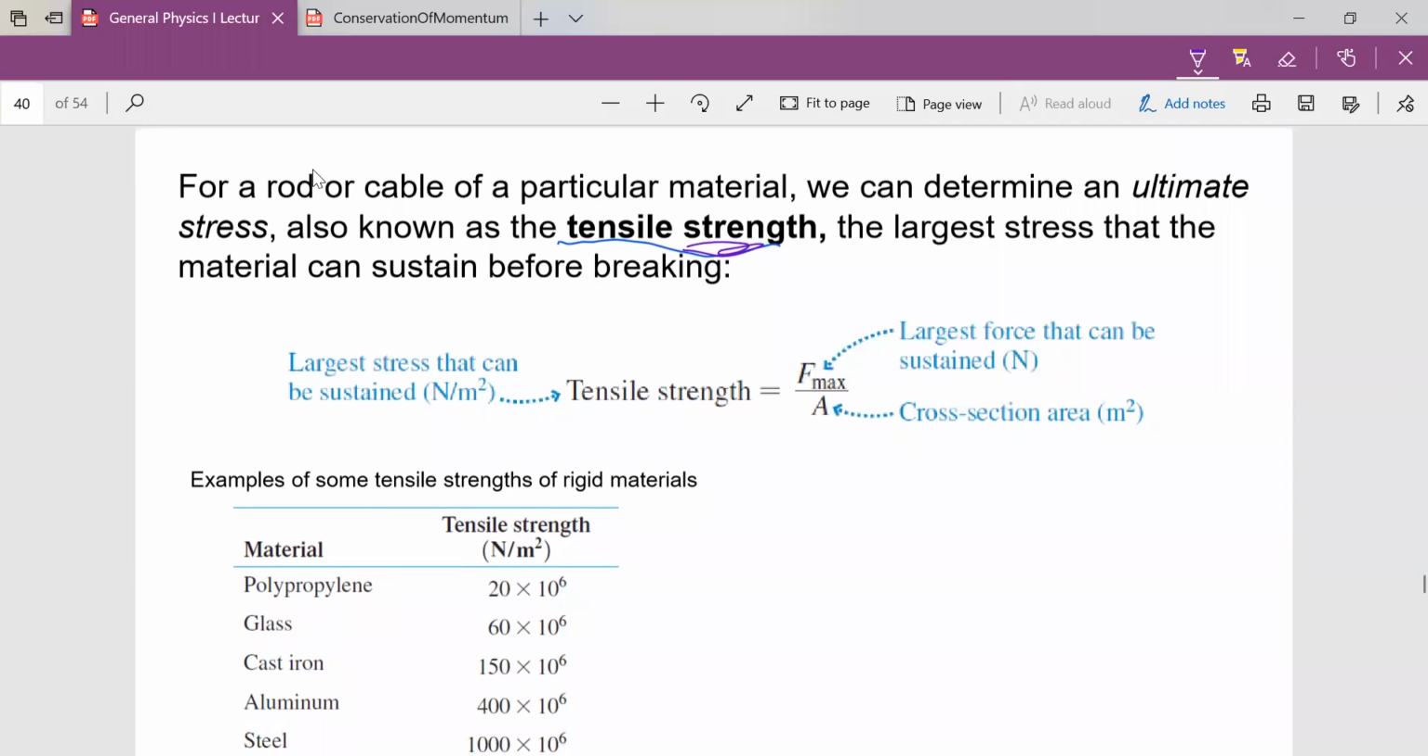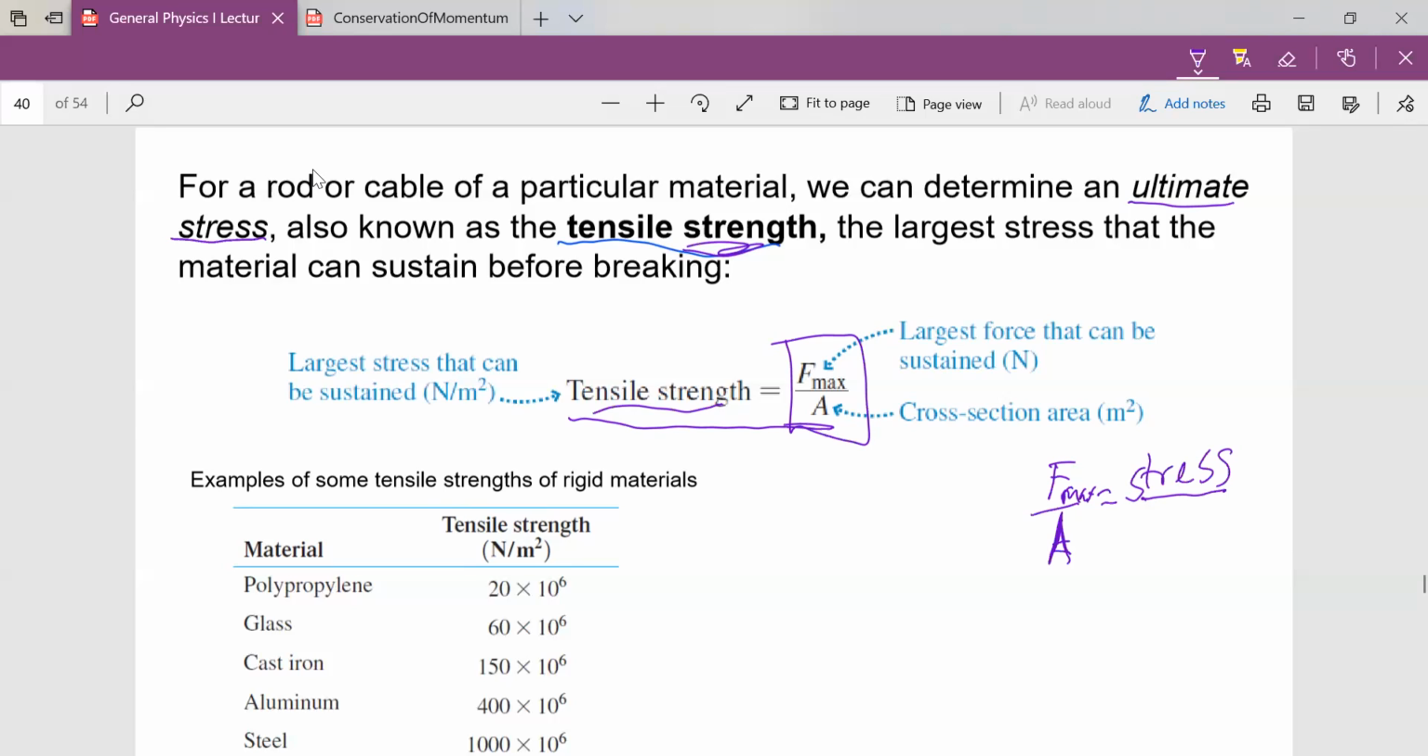So the formula for tensile strength is actually coming from, if you remember this relationship, this is the relationship for what? Stress, okay? So at the point of ultimate stress, we now have what we call tensile strength. So it becomes the F max here. So tensile strength is actually a description of stress at its ultimate state. So the largest stress that it can sustain